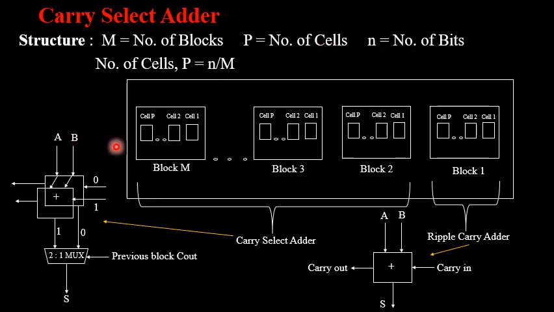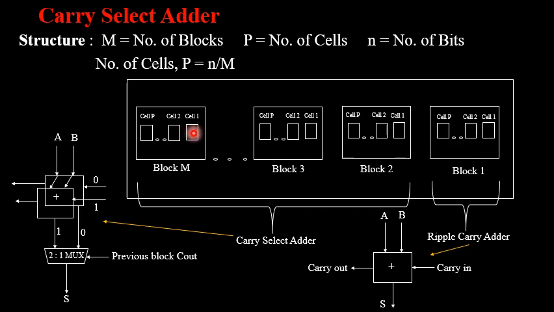So now how to design this structure? As I already told, M may be the distinct number of blocks, which will be like this. Inside the blocks you are going to place the number of cells. So now suppose you have M number of blocks, block 1 till block M. I will let you know how to calculate this number of cells and all with reference to a particular example which I will be discussing in the further slides, and you will be very much clear about it. Before going to that concept, let me briefly explain how the block will look like, how the cell will look like, and how you are going to draw the structure inside each and every individual block or cell.